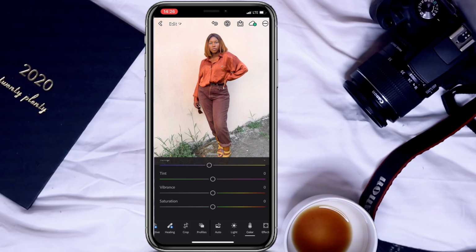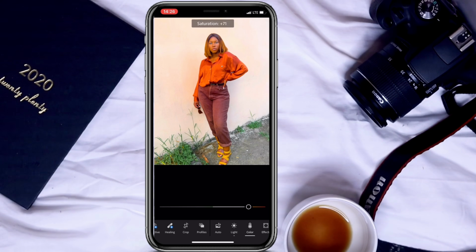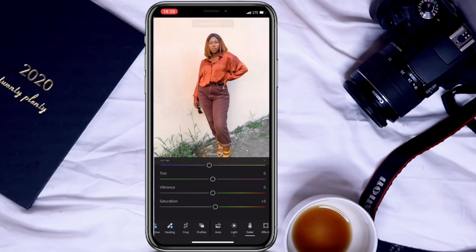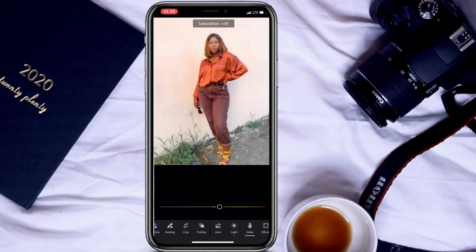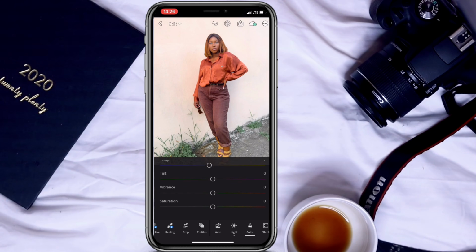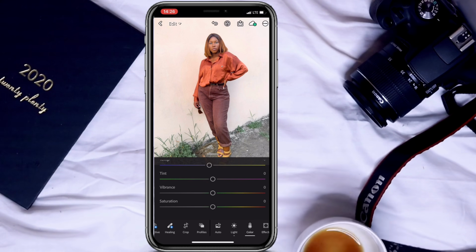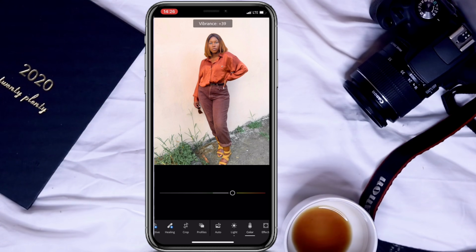But if I up the saturation, it's still going to saturate the green back to the green that was there before, and then make the colors that I saturated wildly uncomfortable to the eye. So that's why I'm not using saturation. Instead, I'm going to use vibrance to make the colors that I did bump up the saturation on appear richer. So you see,